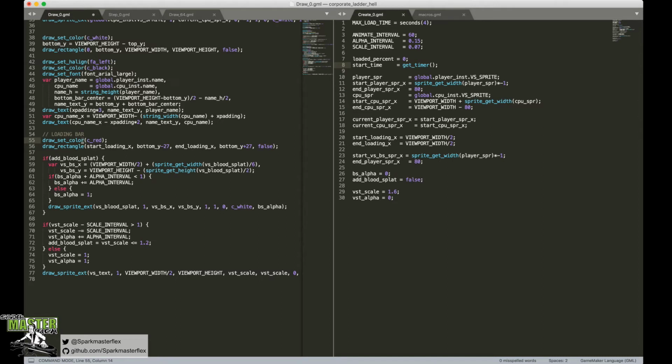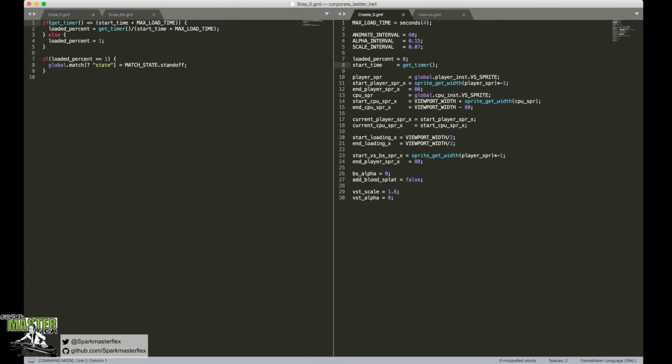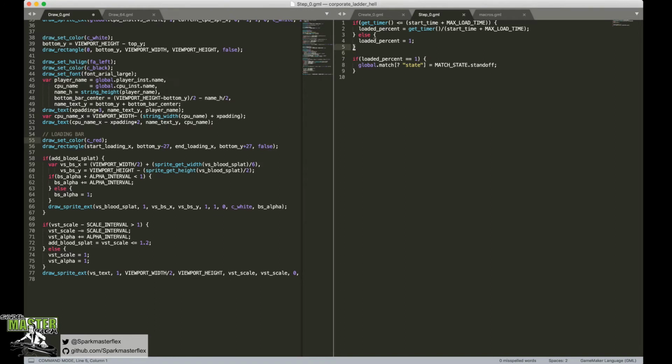So for each step, we're going to set our start, and actually we'll bring it over here. Start loading x equal to, we need the window viewport, rather, width minus,